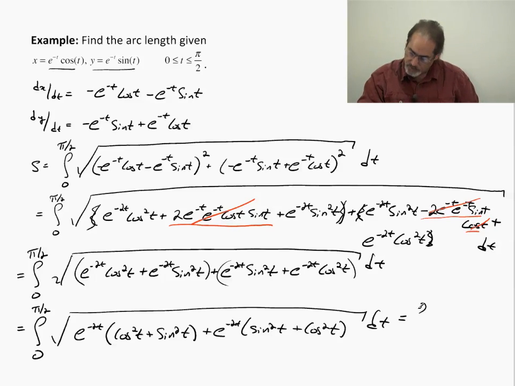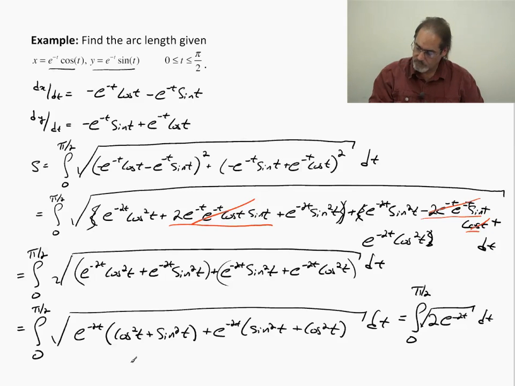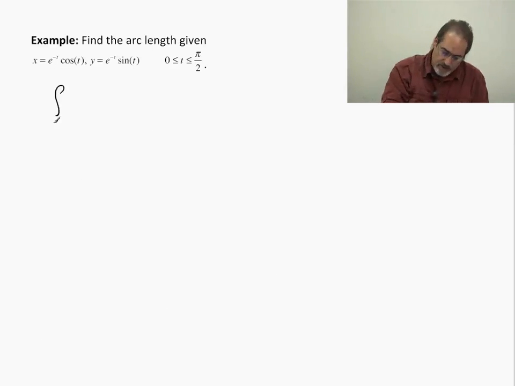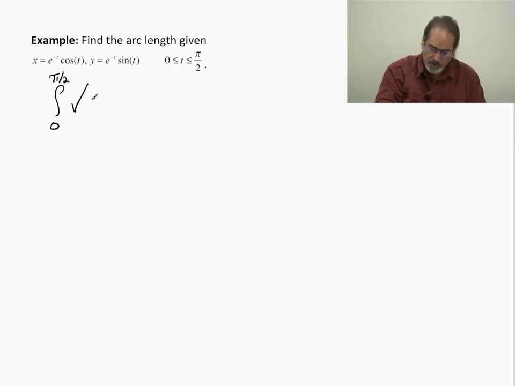So this is really equal to the integral from 0 to pi over 2 of the square root of 2 times e to the negative 2t, dt. That's going to be much easier to deal with. So let's go on and write this again. I have the integral from 0 to pi over 2 of the square root of 2 times e to the negative 2t